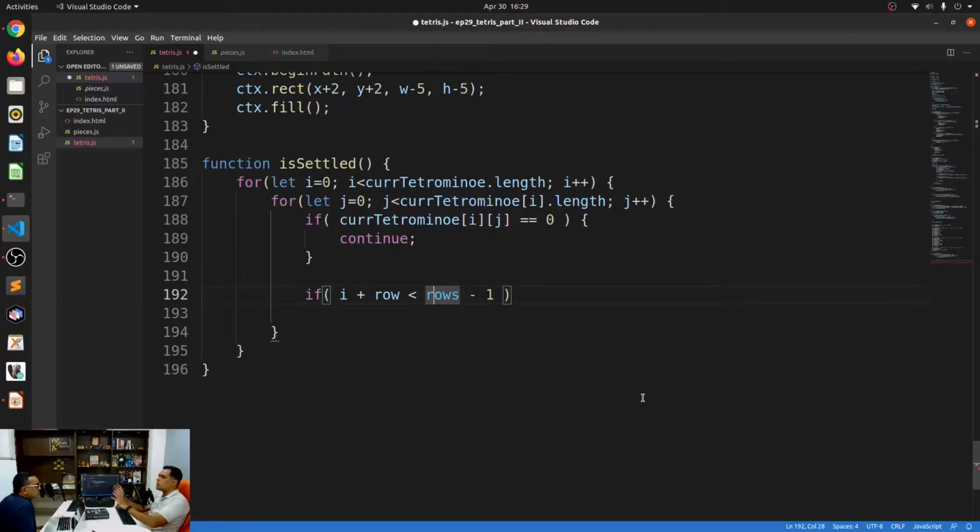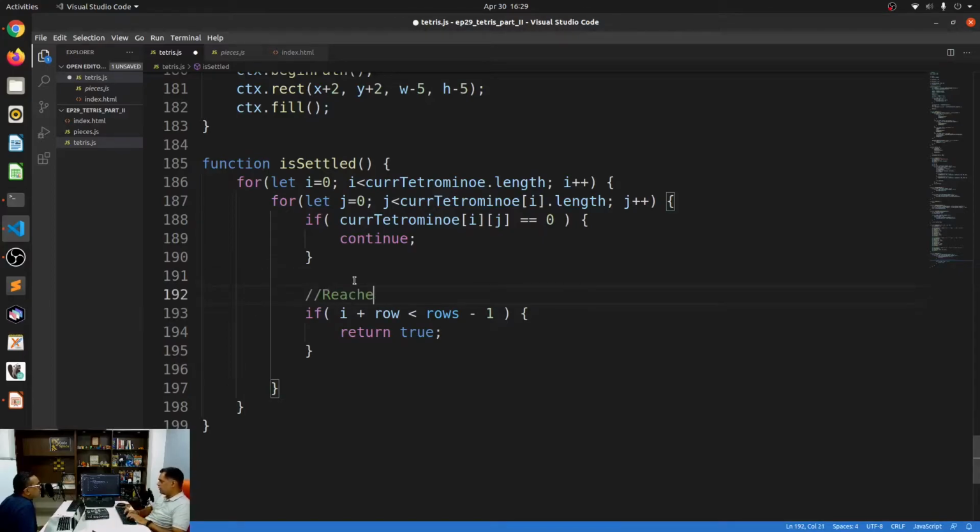The number of rows and the columns would always be the same, whether you're doing this on a mobile or on a desktop. If this is done, I'm just going to return true, signifying that this piece has settled. The job of this function is to determine if it is settled or not. It is settled if it has reached the bottom, which is signified by this.